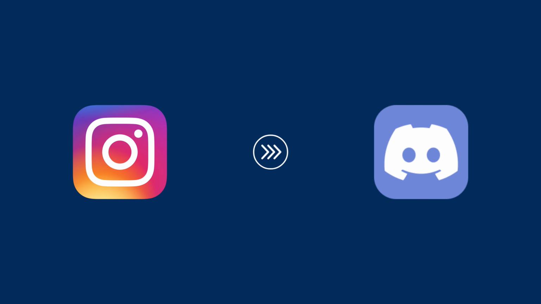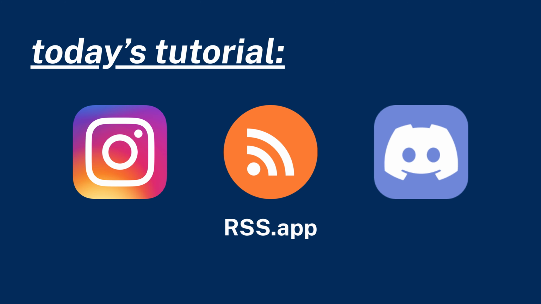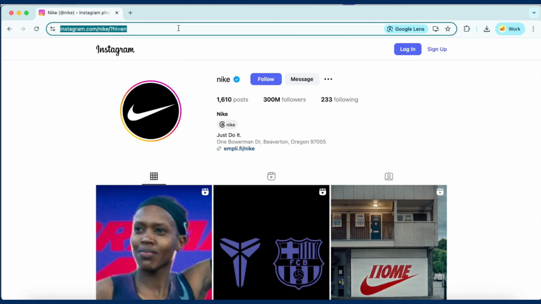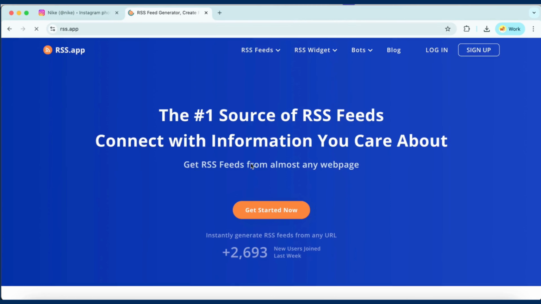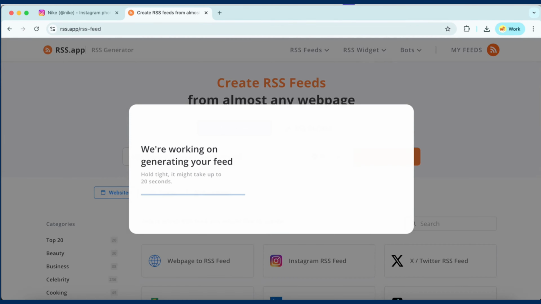Want to automatically send Instagram posts to your Discord server? Here's how to do it with RSS app in under a minute. No code required. Grab the link of any public Instagram profile and paste it into RSS generator at rss.app to